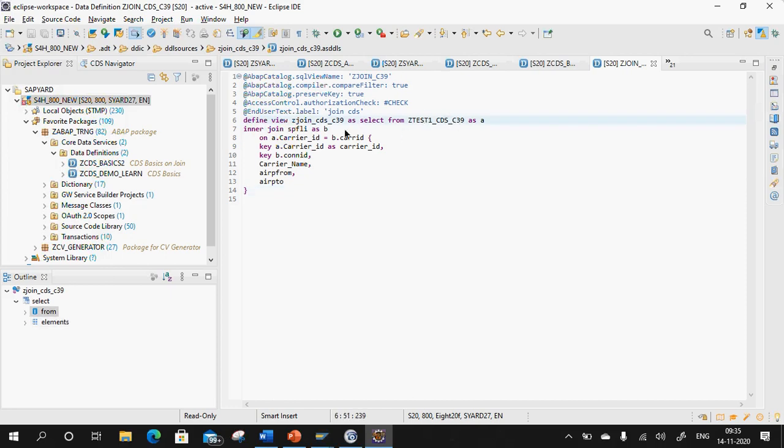Okay, great. She has joined this one with this one. So carrier ID, connection ID, and she's taken the carrier name and airport from. Okay, Srishti, good.